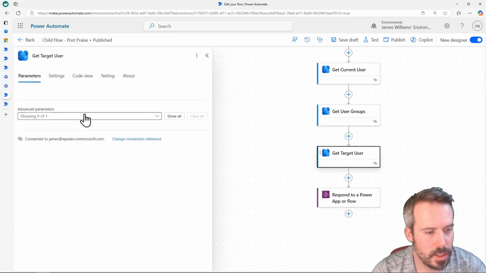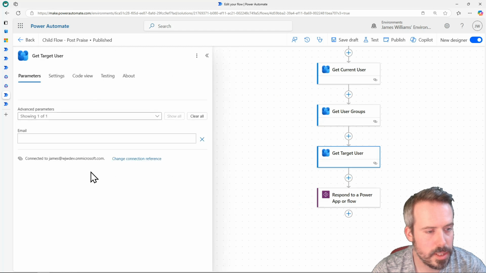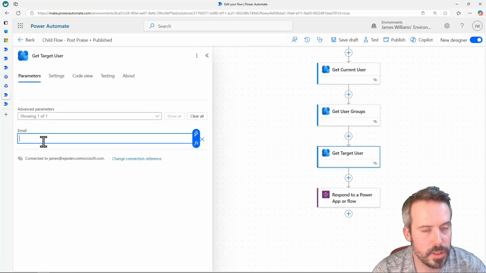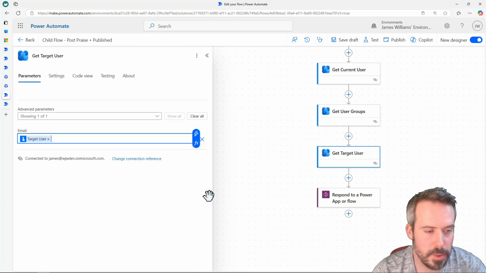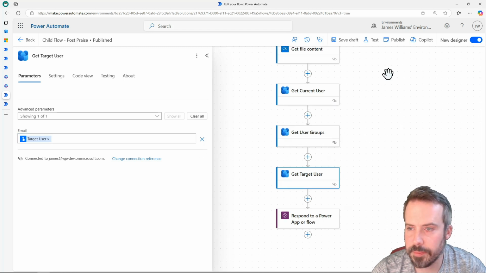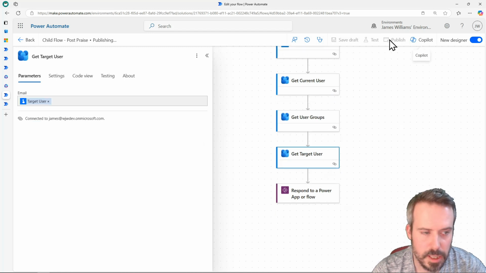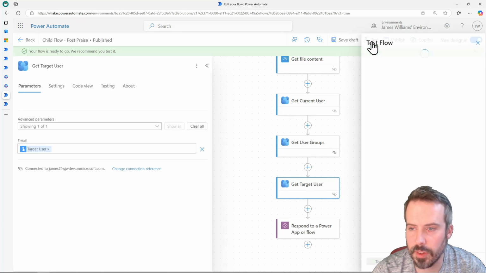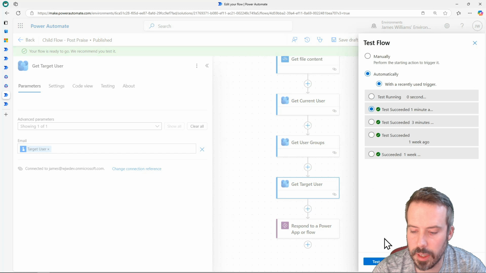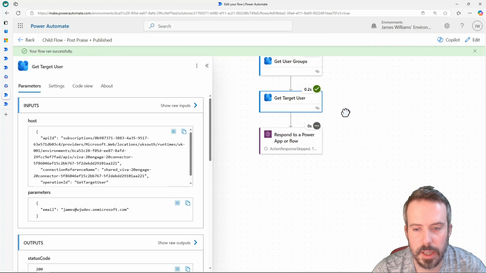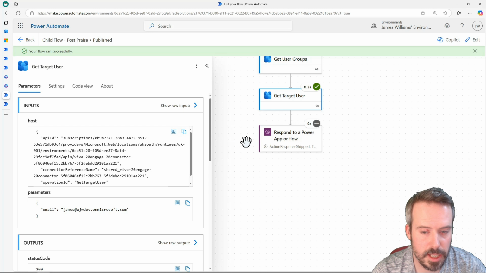So that's going to again use that existing connection, and this time what it wants is the email, which is going to go on that query string. So this is coming from the trigger. So if I just do dynamic content under manually trigger a flow, which is my trigger, I've got the target user email address. So if I just put that in there, and again I'll publish and test this, what this should do is get the ID amongst other things for the target user, and that's all the preparatory steps we need to take, all the additional information before we start running our flows, our additional actions to post the message